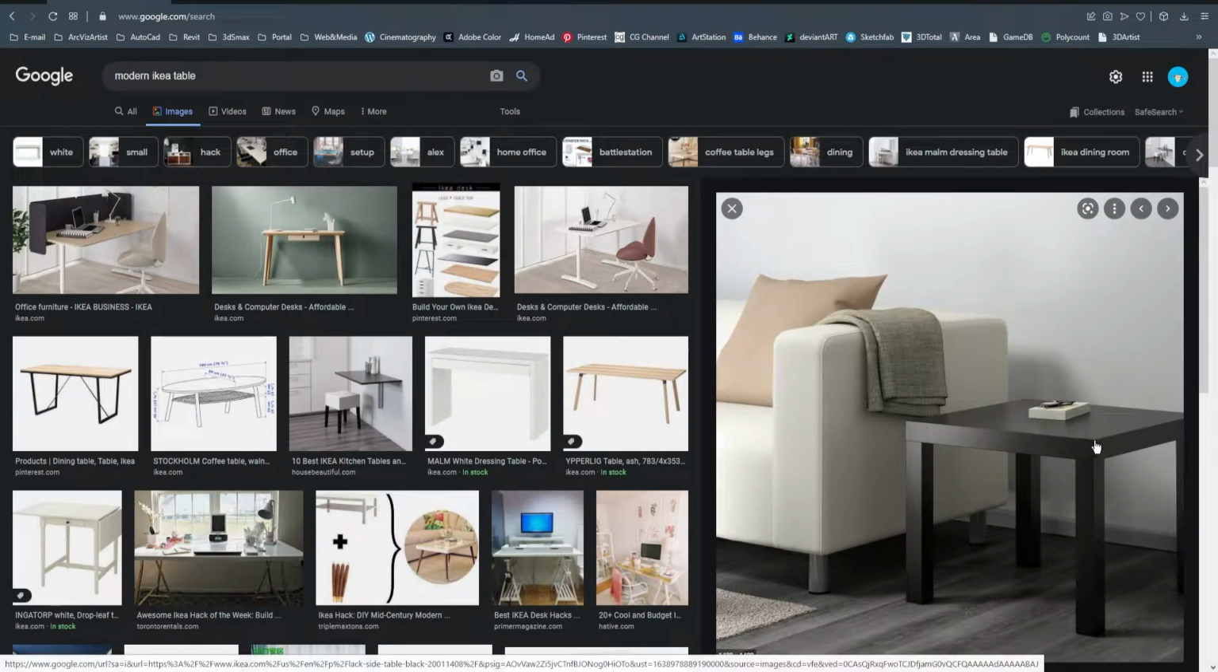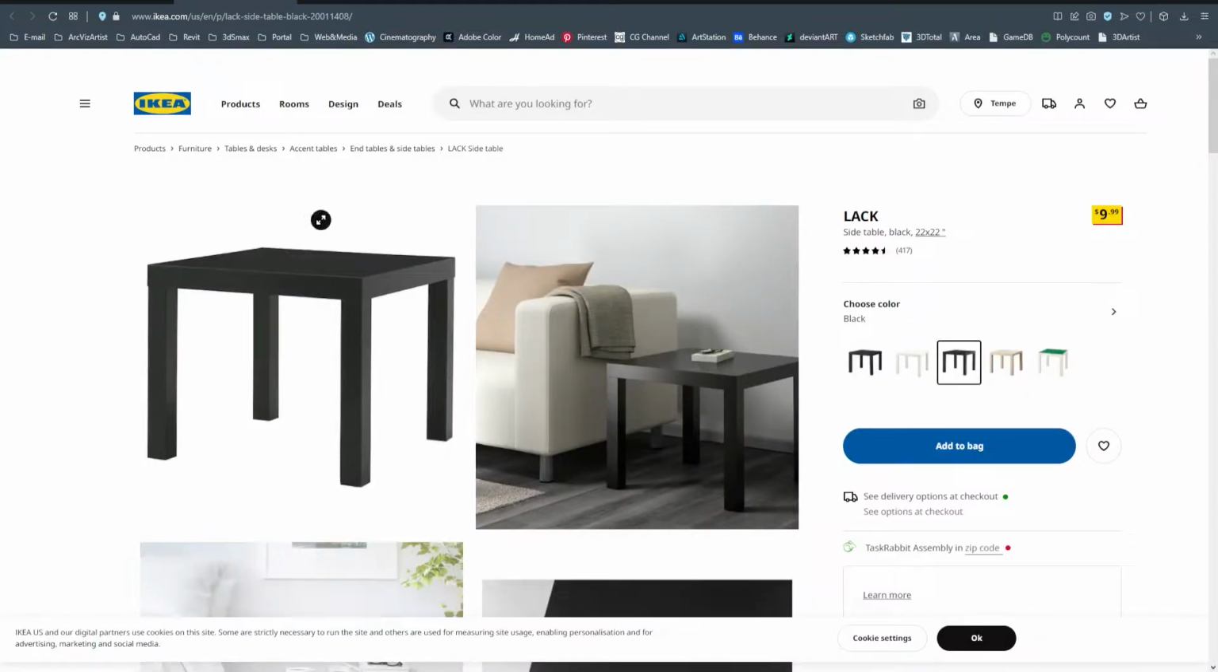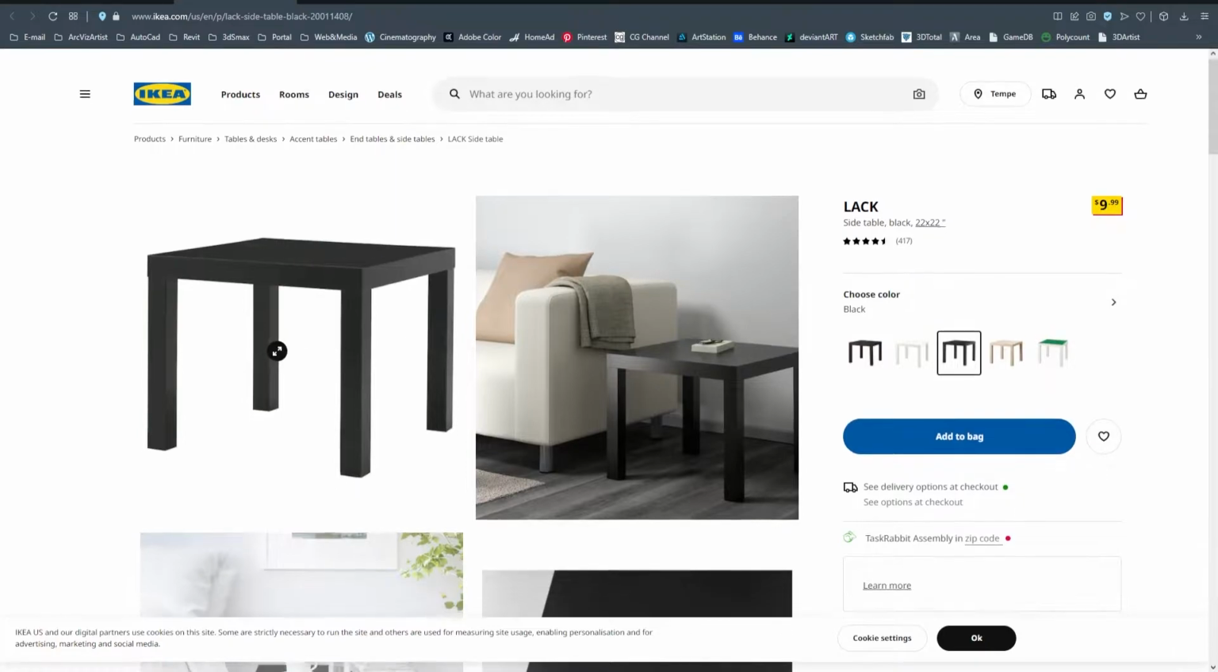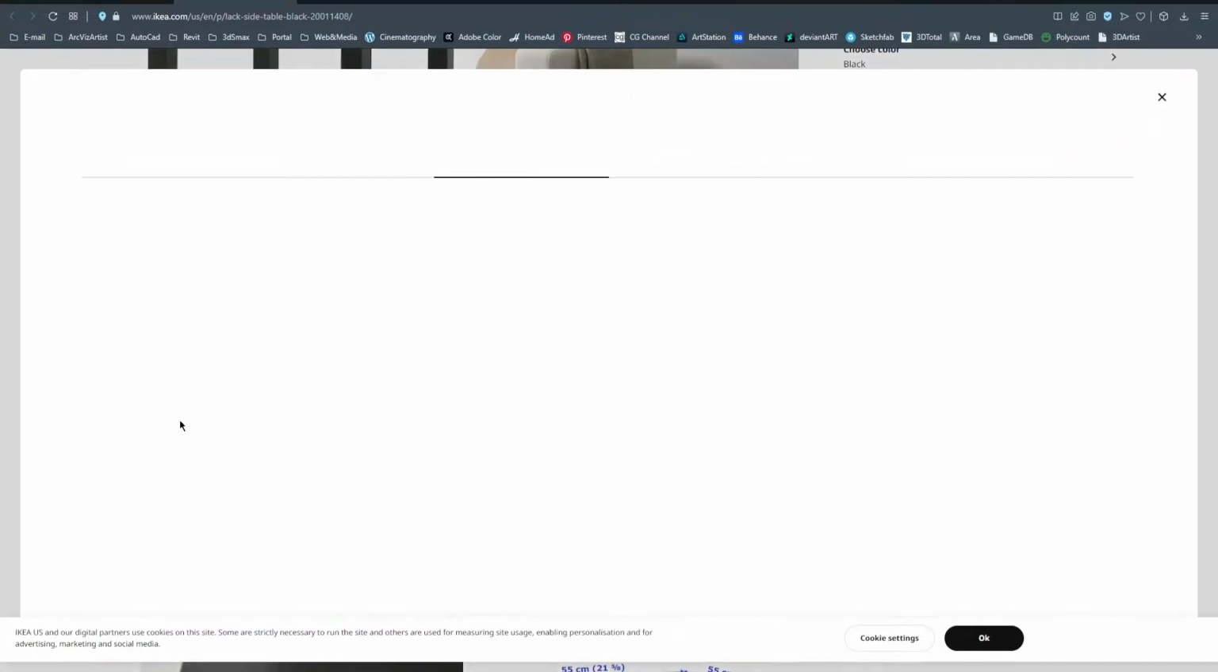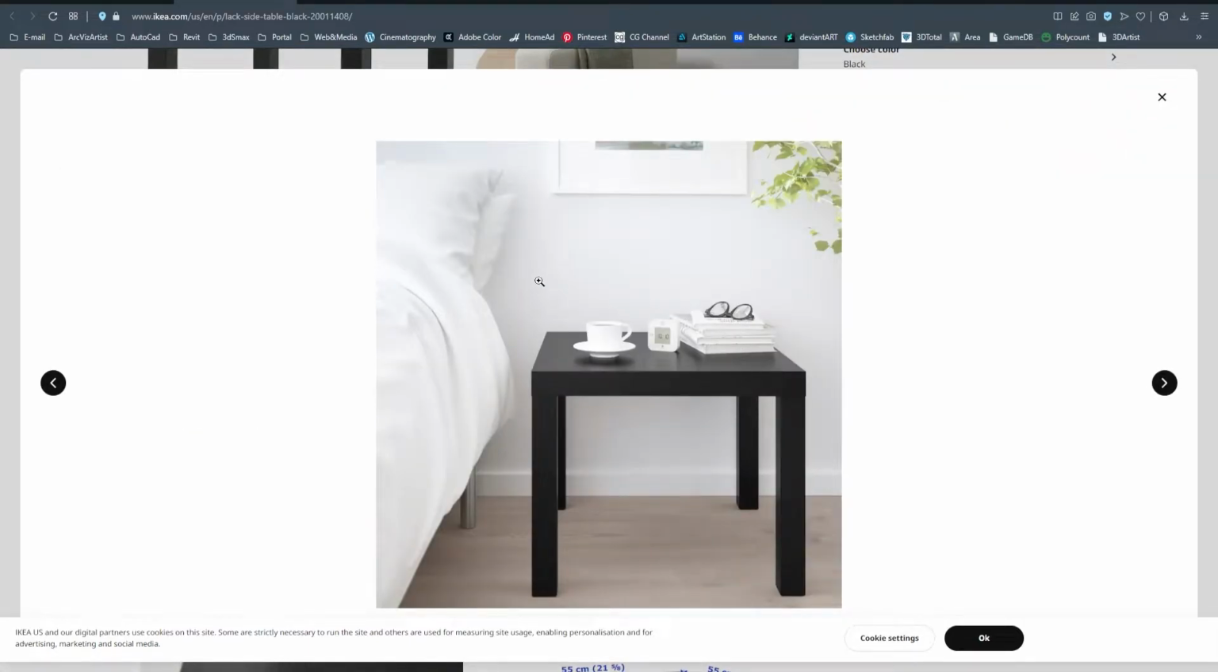This is the modern table and this is the simplistic design that I like, and it happened to be the IKEA product with this glossy black finish, and this looks really modern and really amazing, versatile. So I think we are going to model this table, and I am going to save a couple of images from here